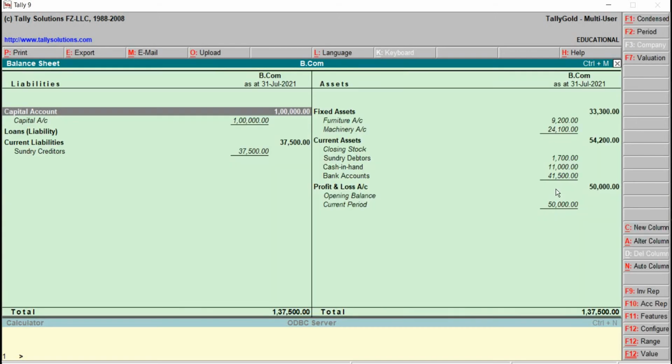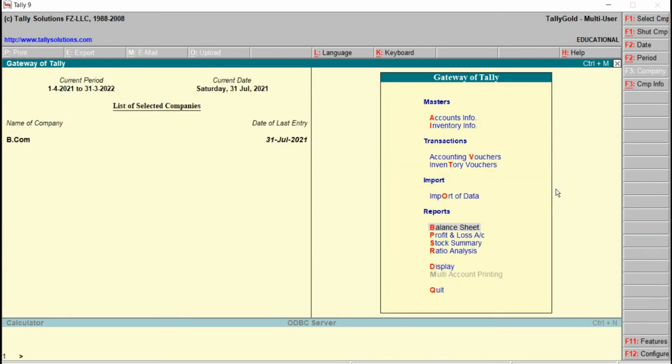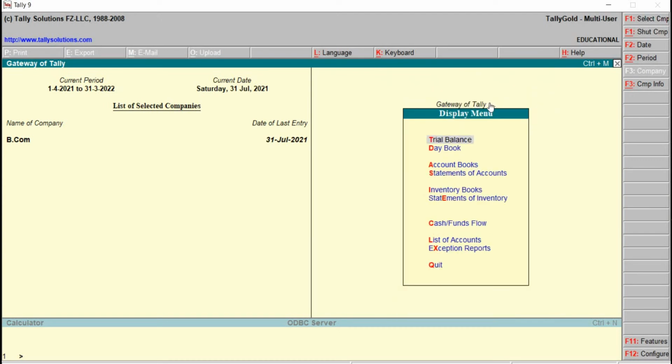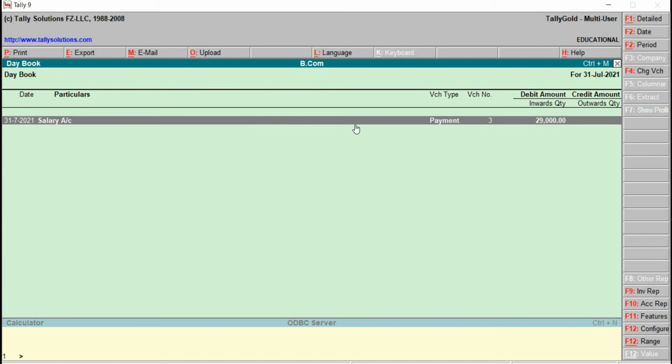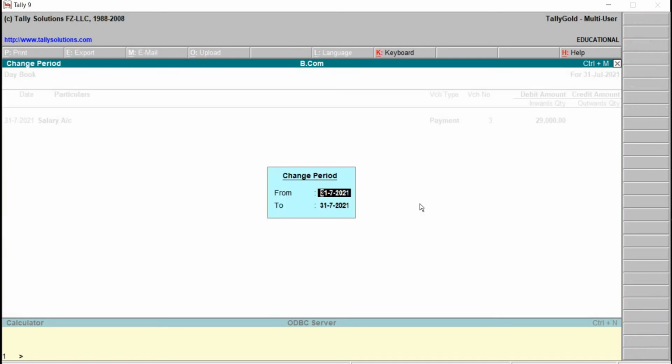Right now we will see how to give the print command in case of daybook. We are back to Gateway of Tally, reports, display menu, click on daybook. Right now we can see only one transaction. Change the financial year period, Alt and function key F2, 1st of April 2021 till 31st of March 2022.